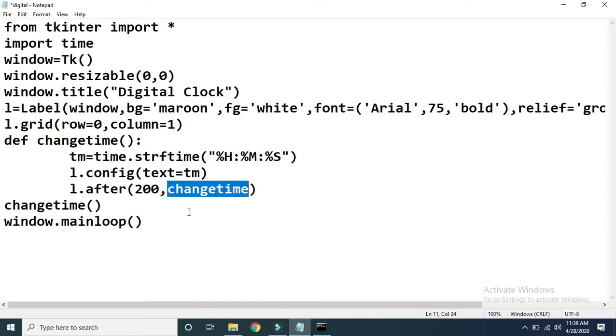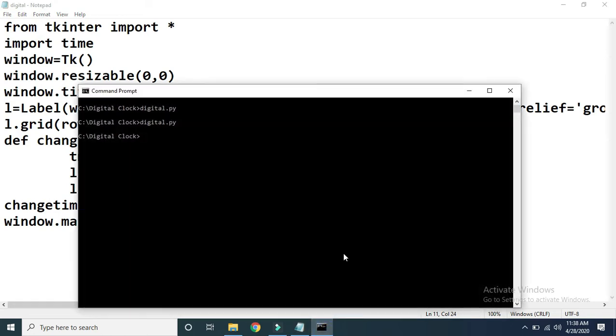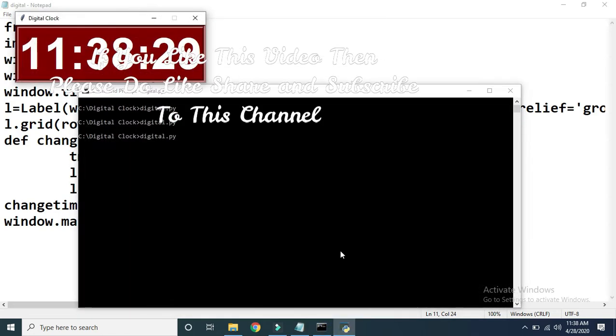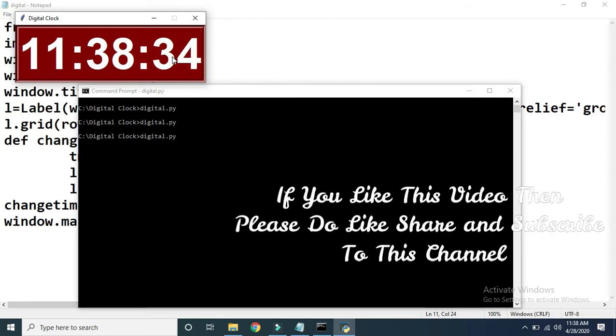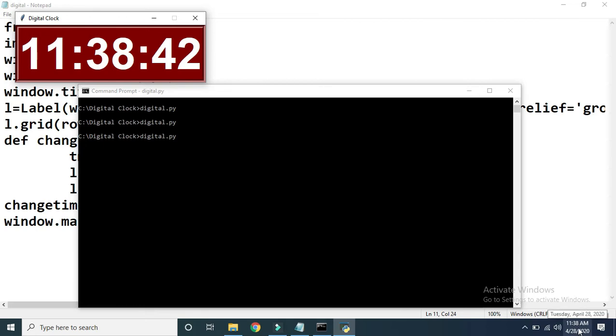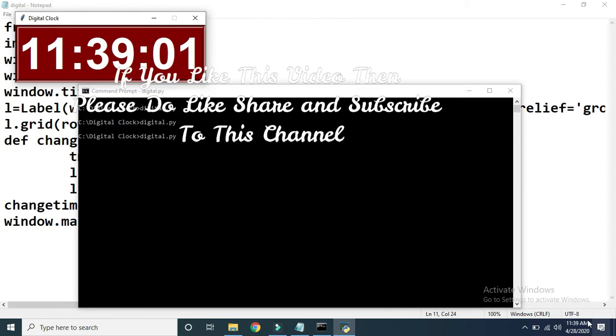Now I want to execute this program once again. Now see, this timing is changed. So 11:38, 33. When this becomes 60, at that time this will become 39. I want to show you here. See, on the bottom right corner 11:38 is there. So when the second becomes 60, this value will change, and this value will also change. Let us verify the output here. See, here we are getting 39, here also 39.